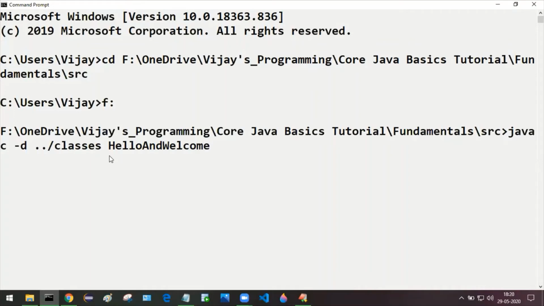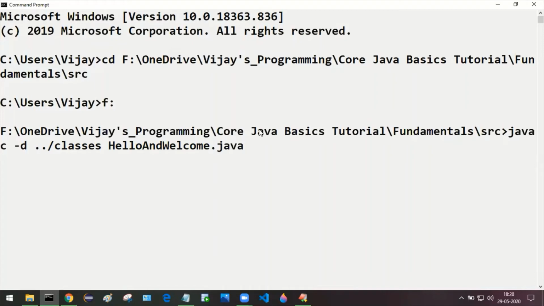Whichever file we are compiling here, that is hello and welcome dot java, this is the file we are compiling.